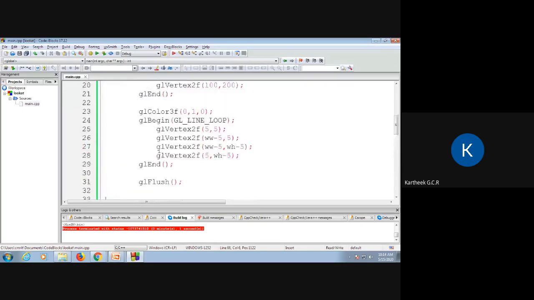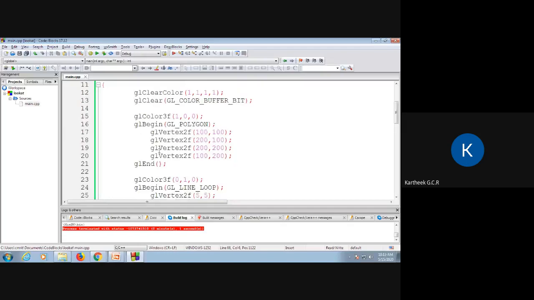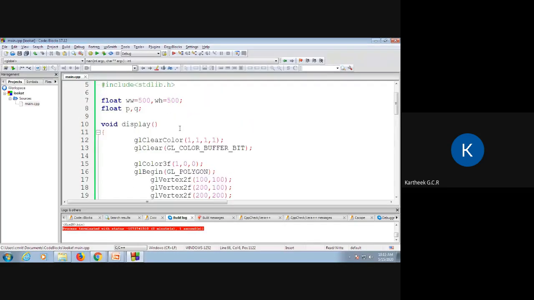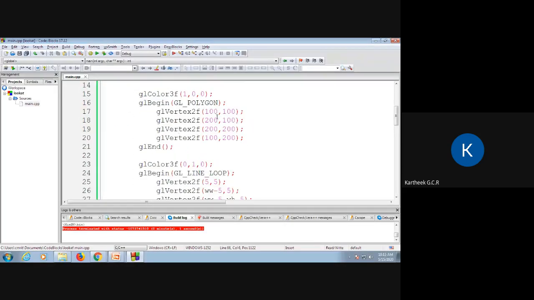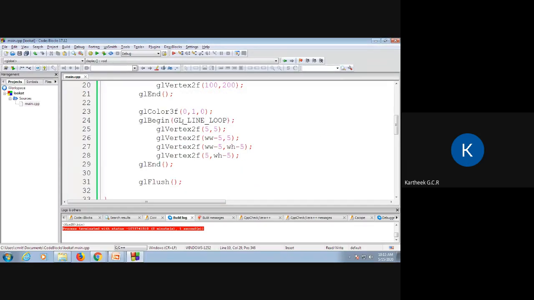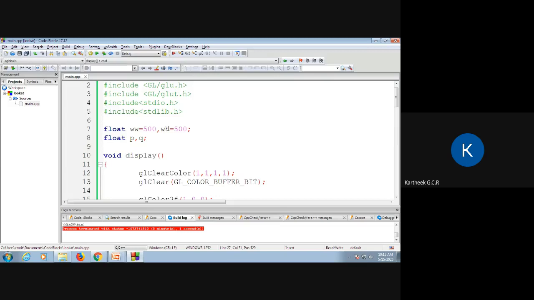In display, I am drawing a red square of size 100 cross 100, from 100, 100 to 200, 200. And then I am also drawing a line loop. See, window WW value is set to 500 and WH value is set to 500, right?